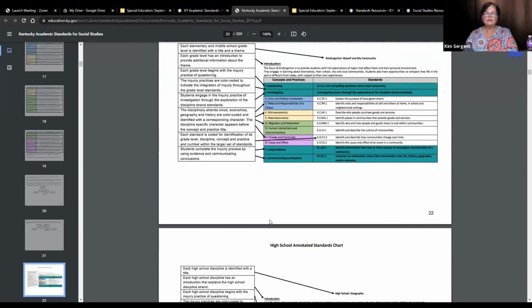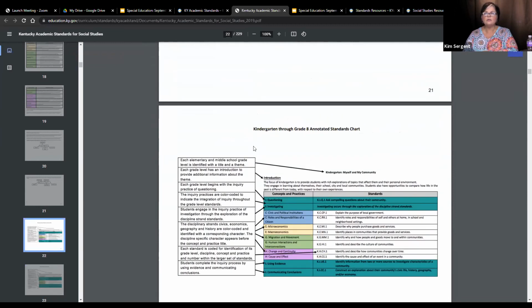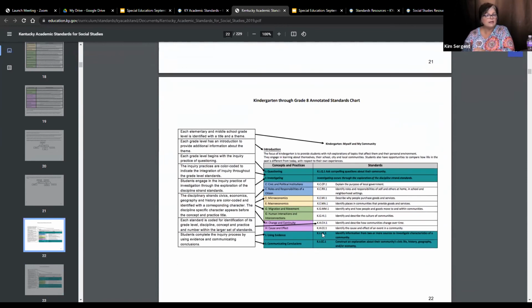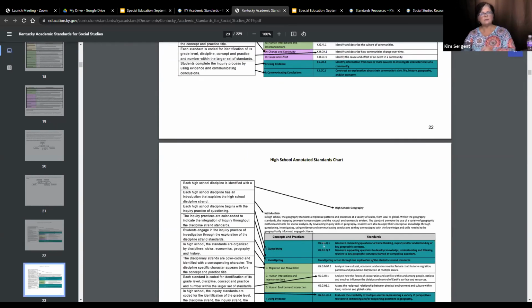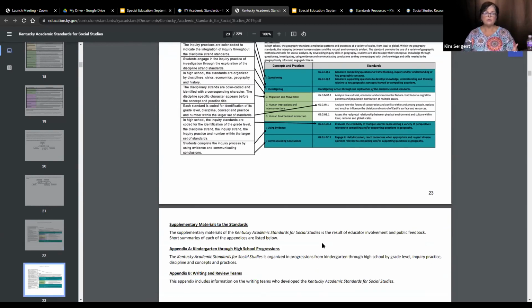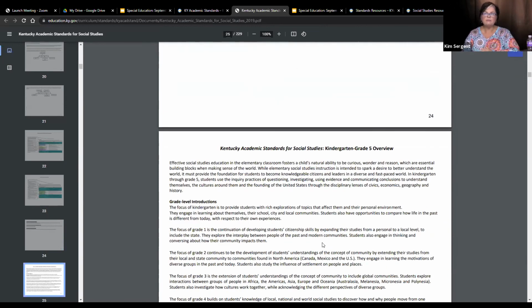But one thing I want to take you guys through, and by the way, this is what a unit would look like. Notice this is kindergarten through grade 8. So this chart right here kind of explains, you're going to have a questioning standard, just like I told you a while ago, the components of a lesson. You're going to have a questioning standard, an investigating standard, which by the way is always the same, but this is where you plug this in. And then of course you're going to have a using evidence standard and a communicating conclusion standard. Actually, you're going to use more than one using evidence standard, but you're going to usually use one communicating, especially in terms of the summative, but you may use more than one of those as well. But I'm going to keep it pretty simple for all of you guys.